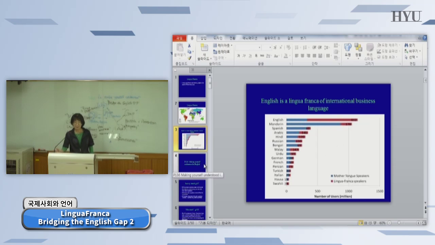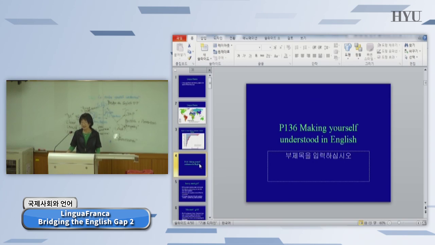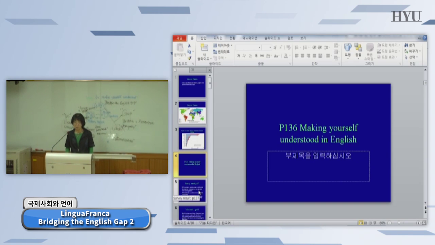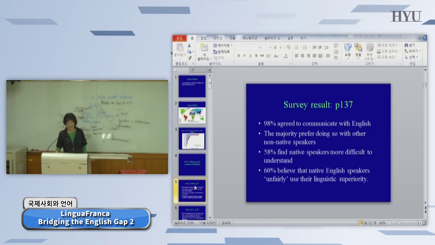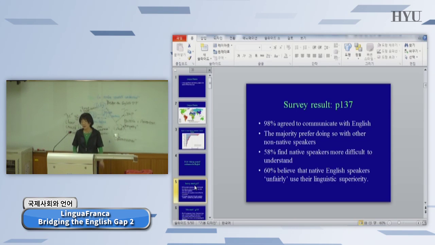So on this graph, you can see that English is often used as the lingua franca for many people in different countries for the global society. So the topic is: make yourself understood in English. In other words, we are trying to bridge the two different versions of English, and to see how we can narrow the differences. This is what I quoted in our former session.